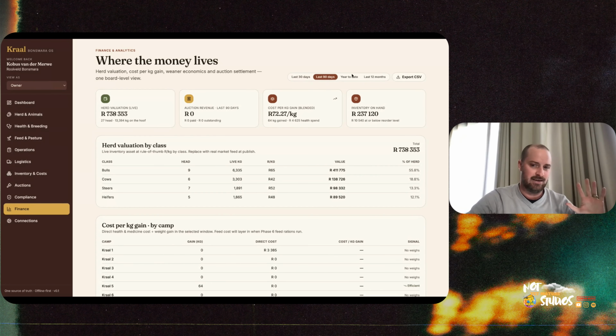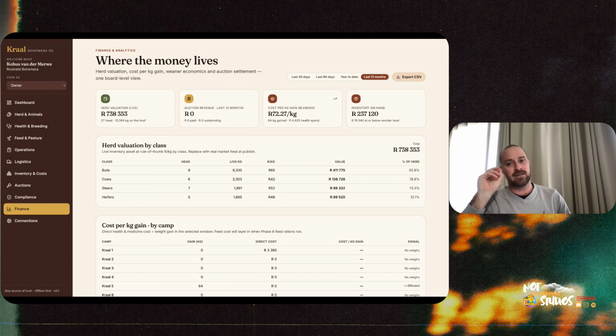They just wanted easier filters like last 30 days, 90 days, year to date, last 12 months, and obviously being able to export to CSV. Their system actually links directly to their bookkeeper or their auditor, and they can just link directly into the system. They don't need to send everything manually. So what this is, is a board-level financial view. Where is the money and how efficiently are we